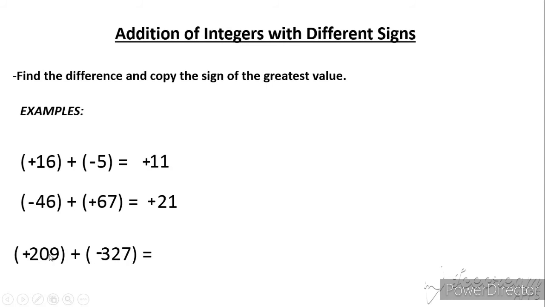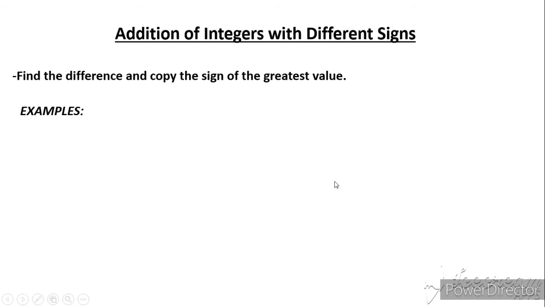Positive 209 plus negative 327. So unlike sign, you have to subtract 327 and 209, and that is 118. So 327 is greater than 209, so the sign of 327 is negative. That's why the answer is negative 118. Let's have another example: